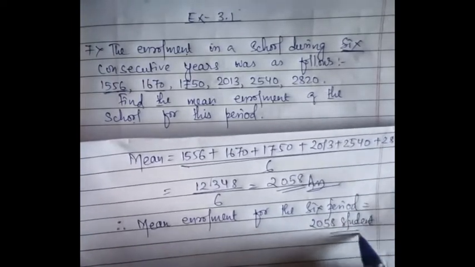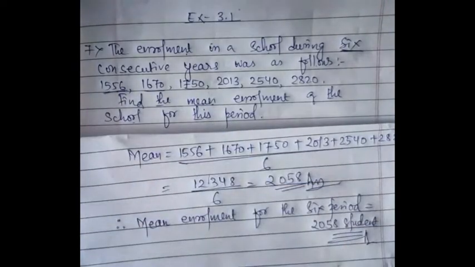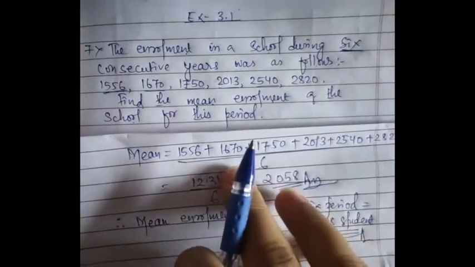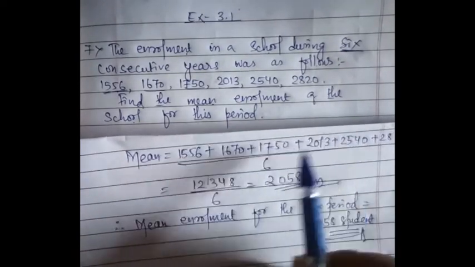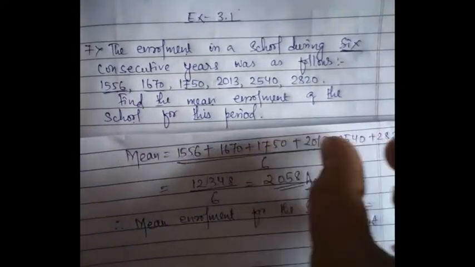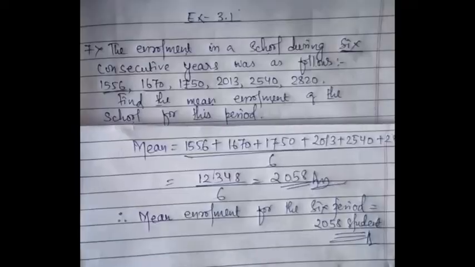Alright, easy, no? Only the question is a little bit big, and the numbers are quite bigger compared to the previous sum, but the process is similar. But one thing, you have to be very conscious when you are doing addition. Add carefully, two at a time, and get the value. I hope you have understood this.